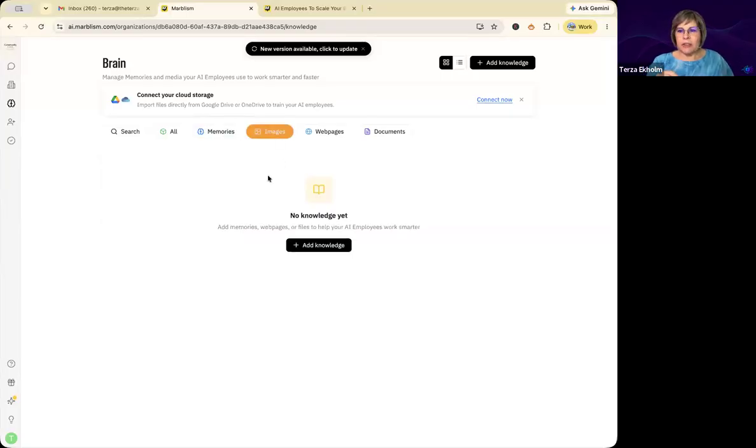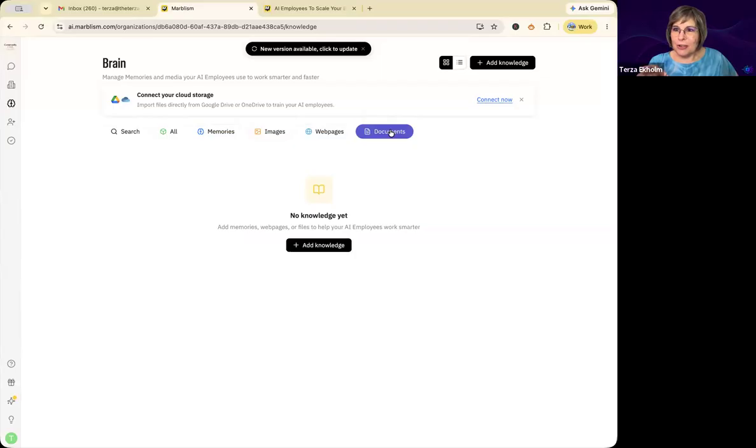You can put in images. I didn't give it any images yet. I haven't done it yet, but I will give it images of what it is I'm talking about, so Sonny can actually use real images, and then web pages. That's kind of like my website, and other documents.